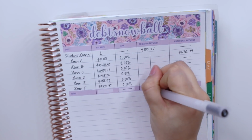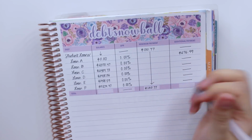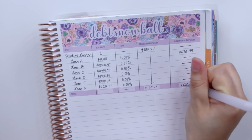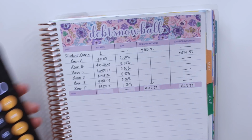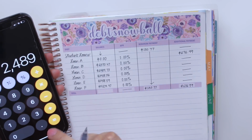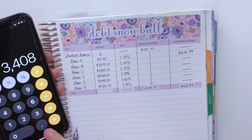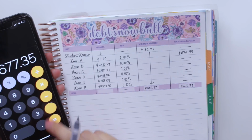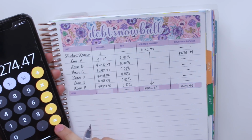I am just going to add these because there's not much to add here. So the total minimum payment was once again $130.77, and the total additional payments was $676 with 99 cents. And now let me go ahead and add up all of my debts. 89.73, 3408.56, 3408.59, and 47. So in total, I still owe